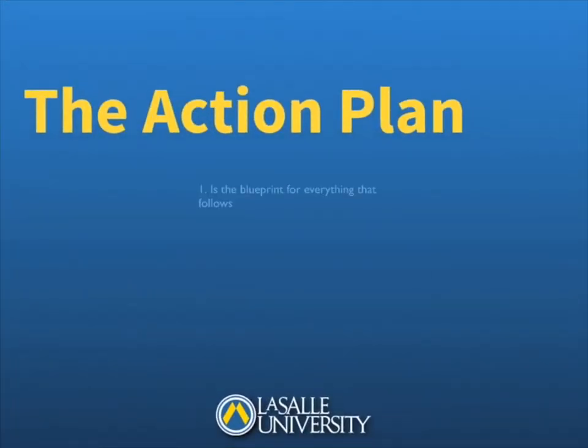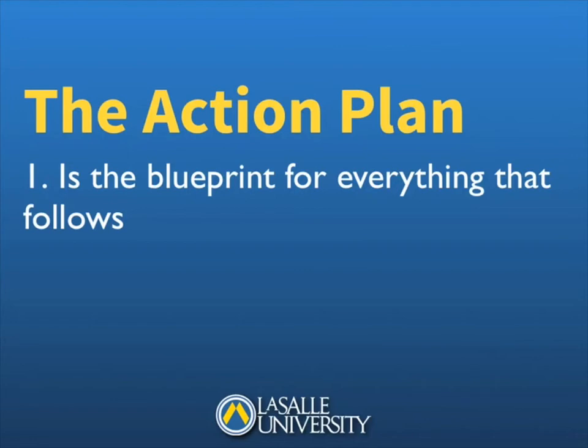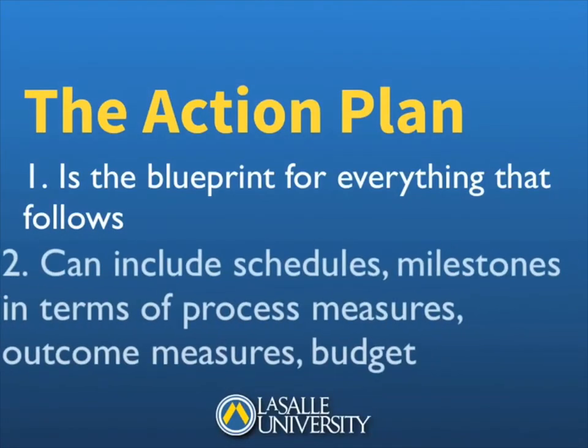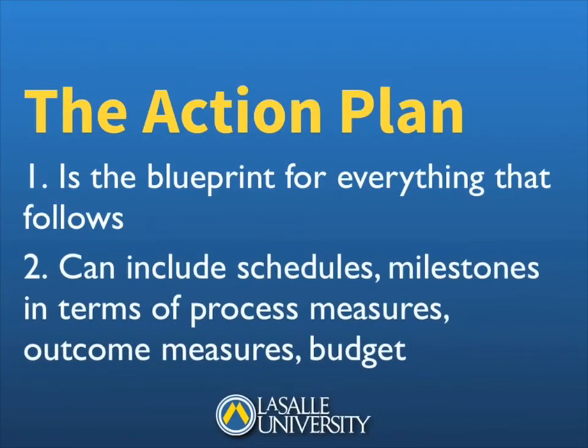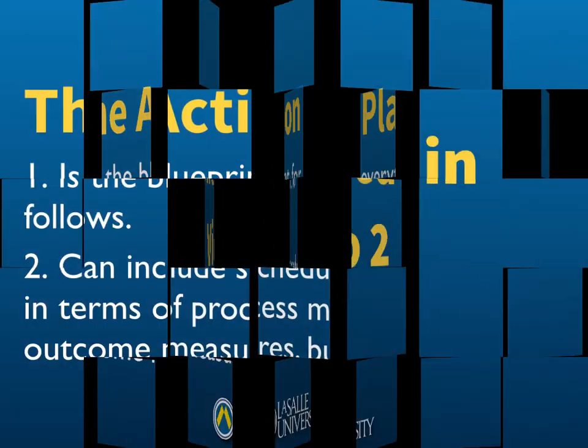And then from all of that, what you'll get is the action plan. And that's really the blueprint for everything that is going to follow. This can include things like schedules, what our milestones or goals are, and what we're really expecting to get out of this. And then from this, what you can start to do is move to stage 3 and really start to come up with the actual avenues, the places, and the products that you would start to distribute.